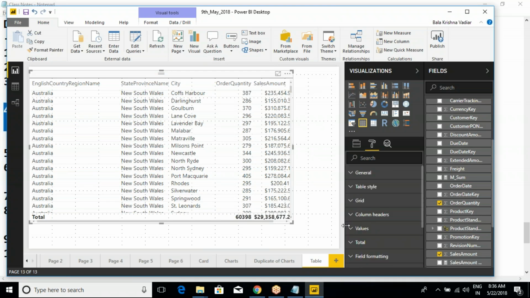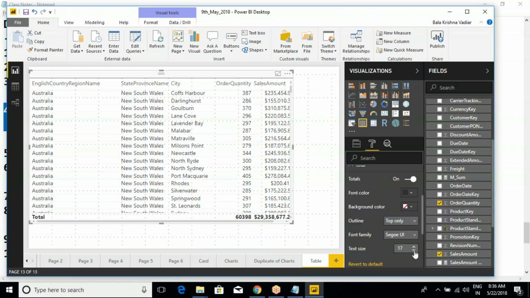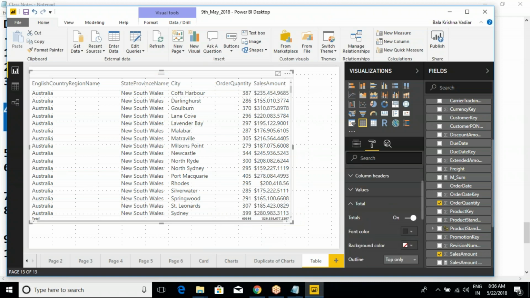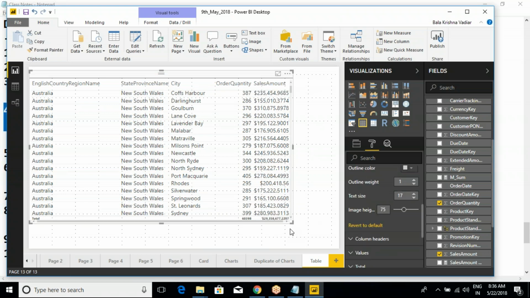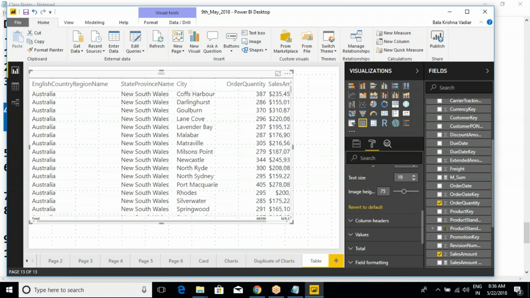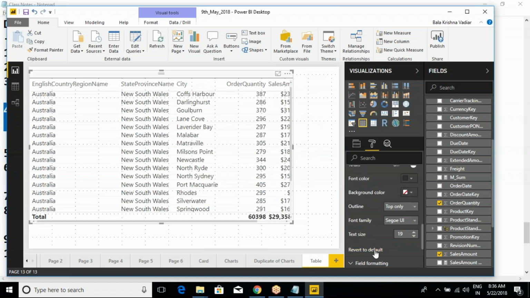Still we have many more properties. For example, let's say values, let's say total, let me decrease this one. Now see this one, only the total is decreasing, only these total values are decreasing. So that's what I told you. If you want to make any changes only for the total, go to the individual totals or values or columns. If you want to change the table total, column headers, values and total level together, then we need to go for the grid level. Okay, so that is about that. I think we need to make it total default, then only it's visible. Okay,